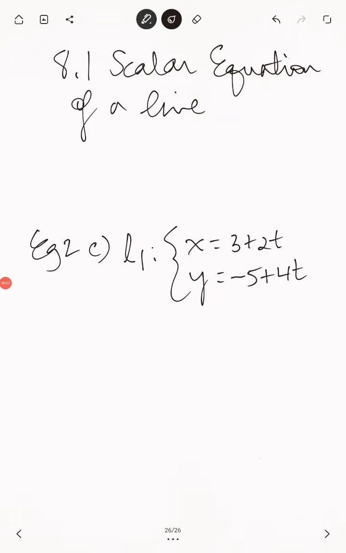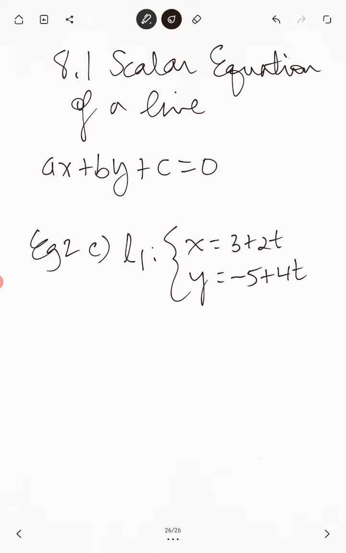Hi there, I'm back with more equations of lines in two-space. So we talked about the vector equation of a line, the parametric equations of a line, and our third form of the equation of a line in terms of vectors is called a scalar equation of a line. And this one we're already familiar with. It's basically exactly the same as the standard form equation of a line that we know from grade 10. But there's going to be some special connection here to the vector equation of a line, which I'll show you